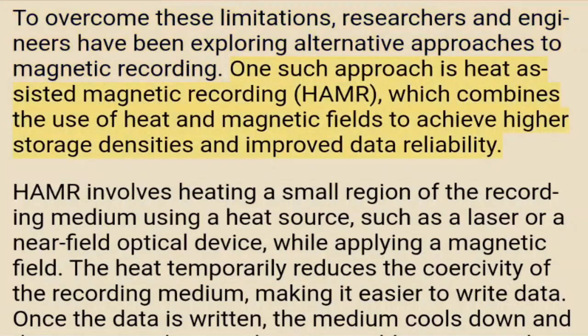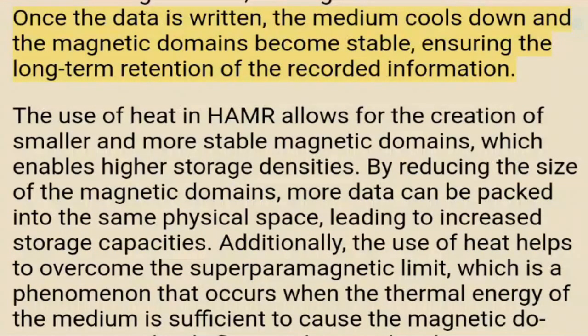One such approach is heat-assisted magnetic recording (HAMR), which combines the use of heat and magnetic fields to achieve higher storage densities and improved data reliability. HAMR involves heating a small region of the recording medium using a heat source, such as a laser or a near-field optical device, while applying a magnetic field. The heat temporarily reduces the coercivity of the recording medium, making it easier to write data. Once the data is written, the medium cools down and the magnetic domains become stable, ensuring the long-term retention of